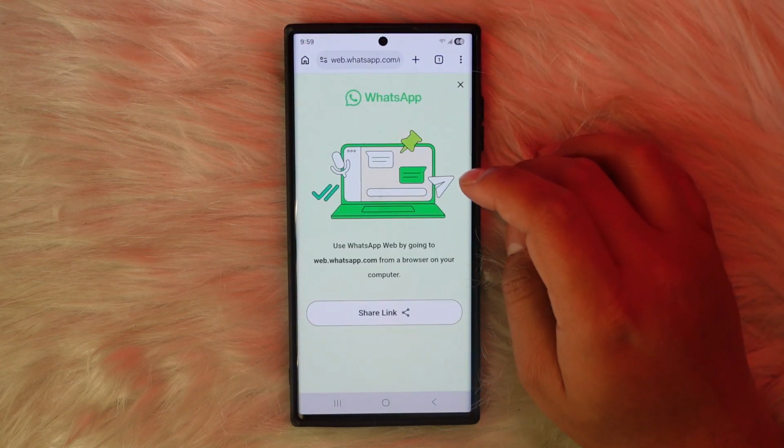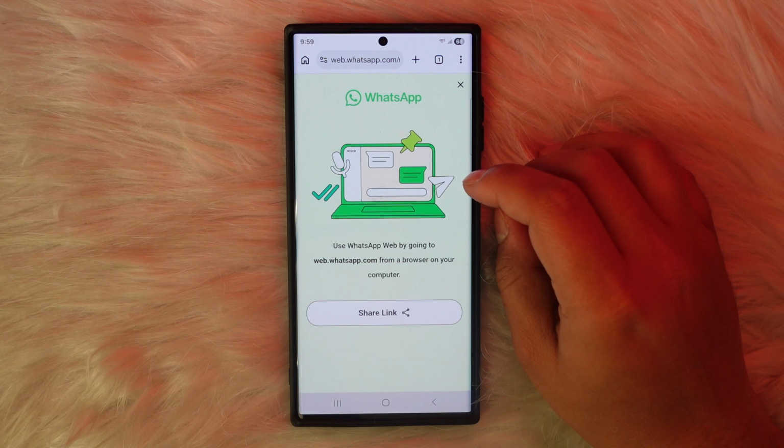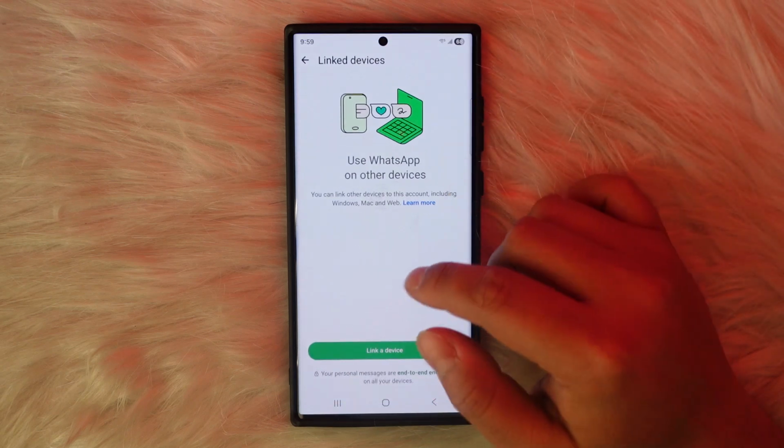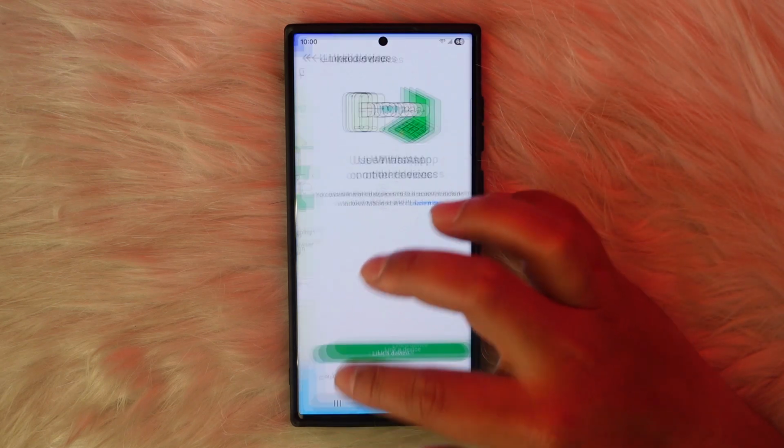the code. You'll also need to ensure that while scanning the code, the lighting of the screen is clearly visible. You also need to ensure that you move the device clearly enough so that the QR code is easily readable. Once you do these couple of steps, you should now be able to fix the WhatsApp Web QR code not